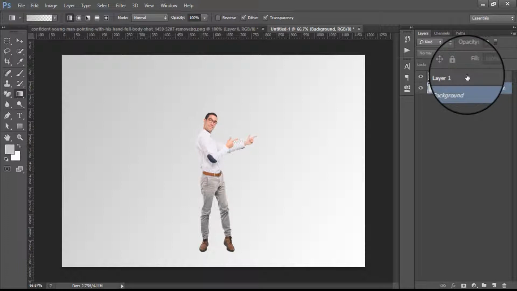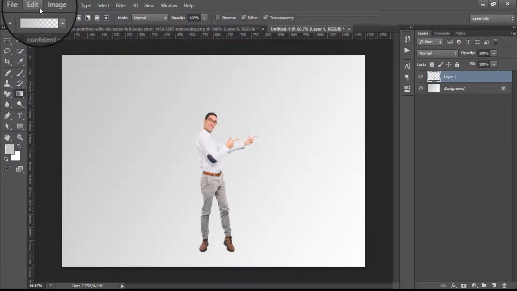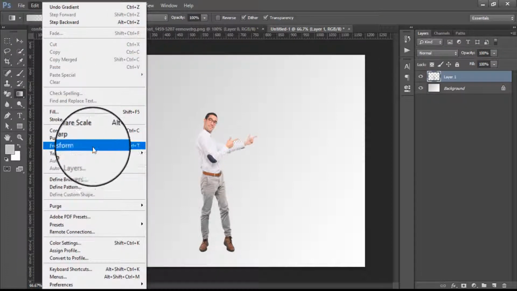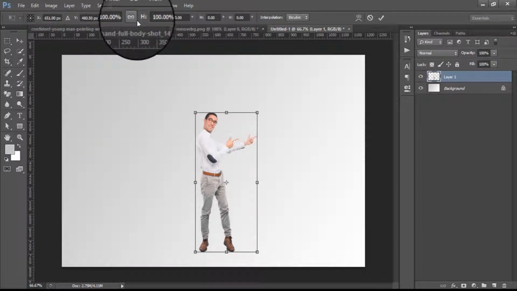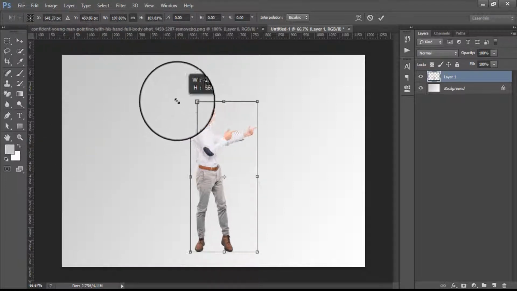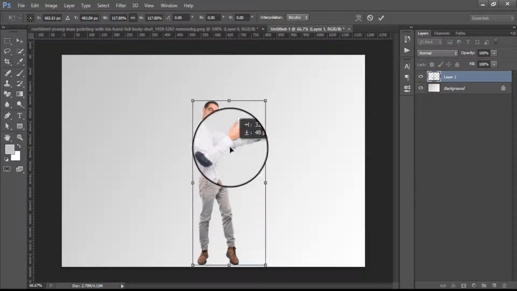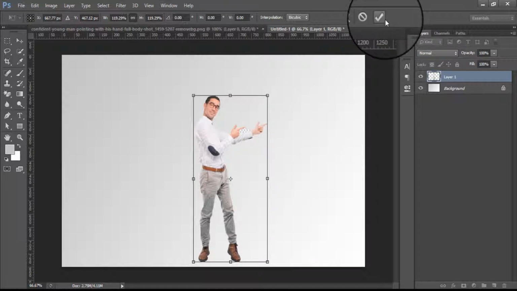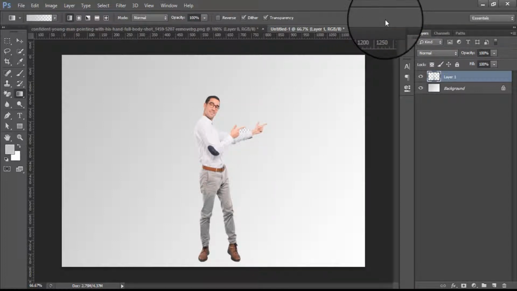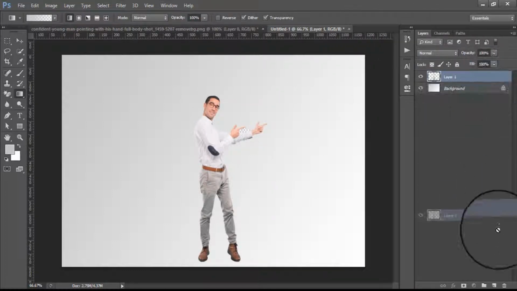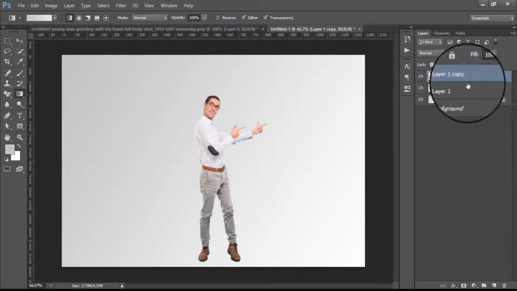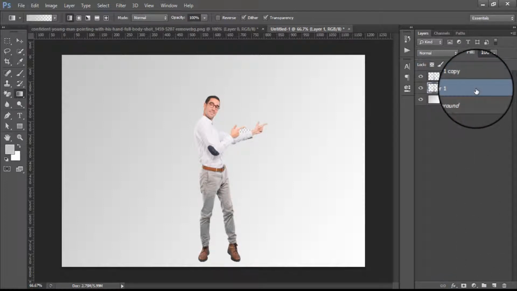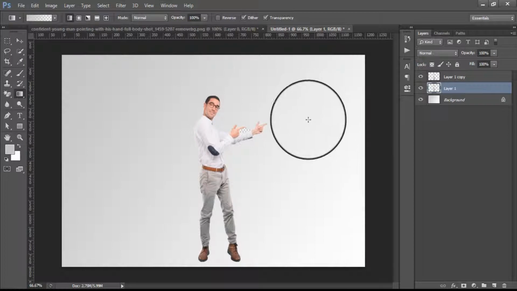And now back to the second layer, go to Edit and then Free Transform. Make sure you click this icon. It could be fine. Okay, let's hit OK. Now make a copy of this layer and then select the middle layer, and now press Ctrl T